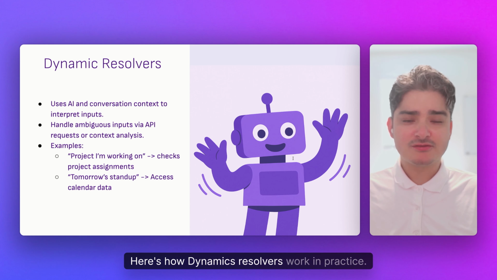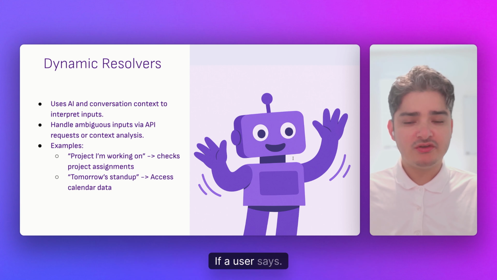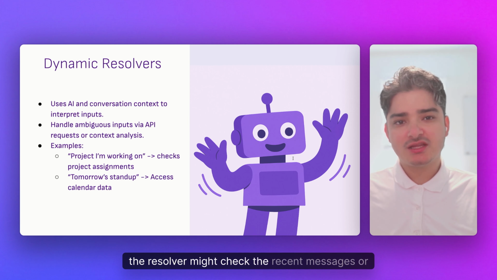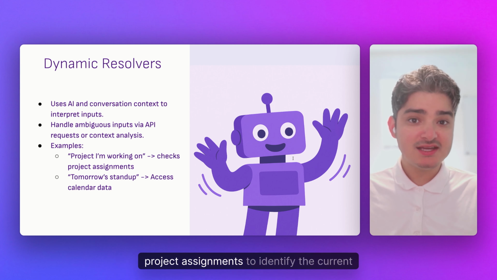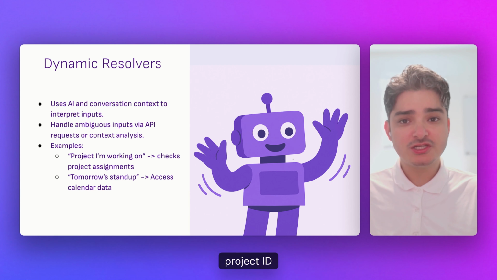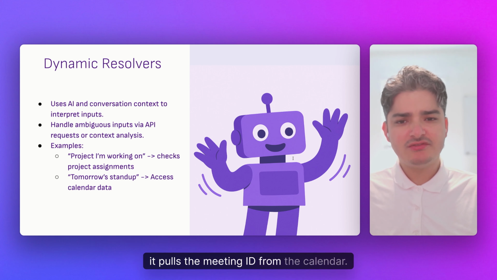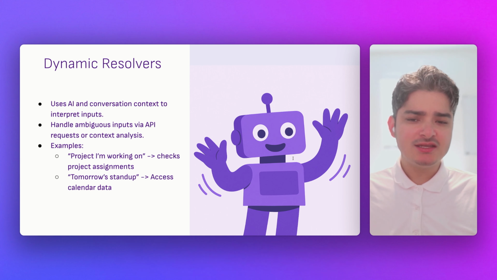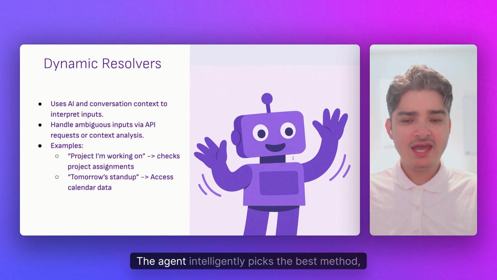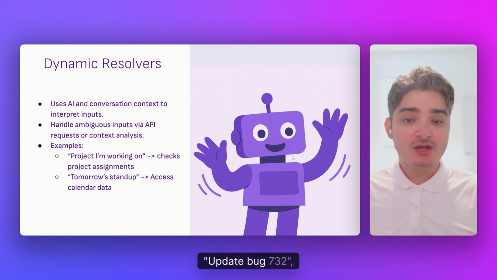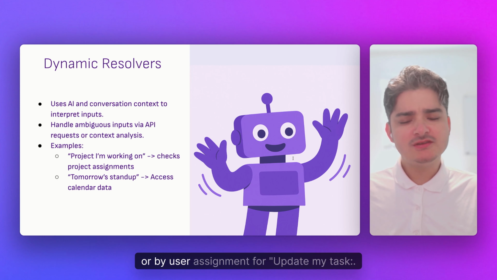Here's how dynamic resolvers work in practice. If a user says, "reschedule the project I'm working on," the resolver might check the recent messages or project assignments to identify the current project ID. For "tomorrow's stand-up," it pulls the meeting ID from the calendar. The agent intelligently picks the best method, like fetching a Jira issue by ID for "update bug 732" or by user assignment for